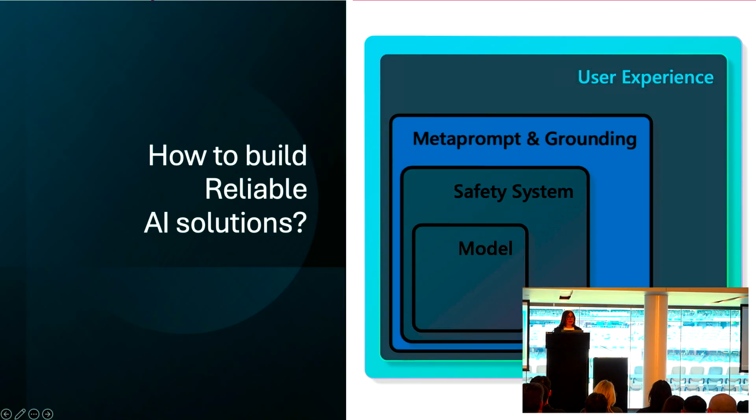The next layer is system message and data grounding. The design of the system message and the proper grounding of data are fundamental to any generative AI application. These elements not only create a distinct user experience, but also play a critical role in reducing errors and mitigating risks. We talked about RAG as an effective and flexible architecture.